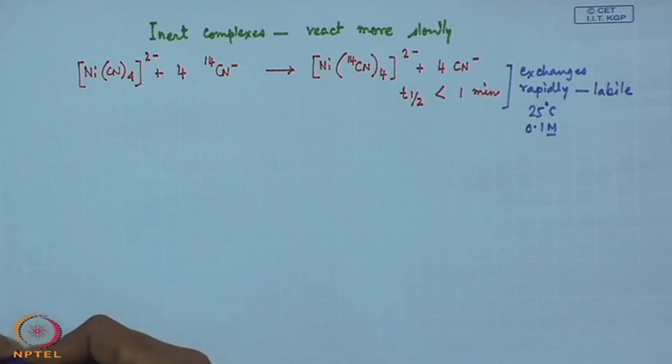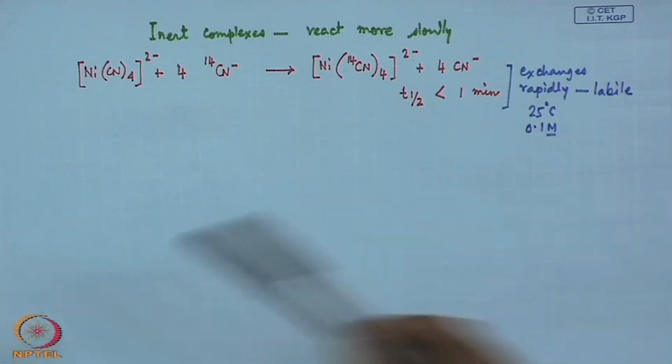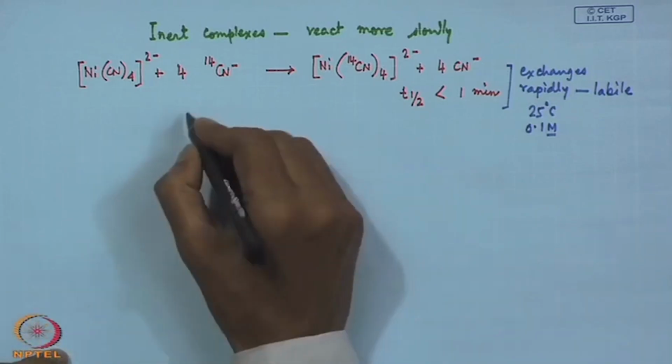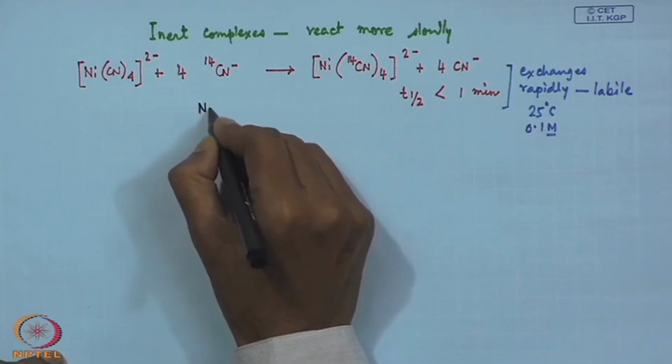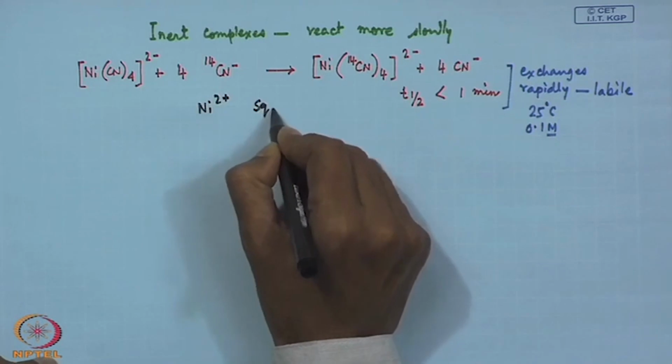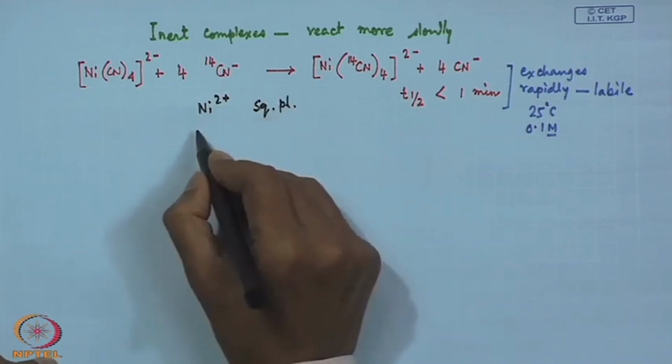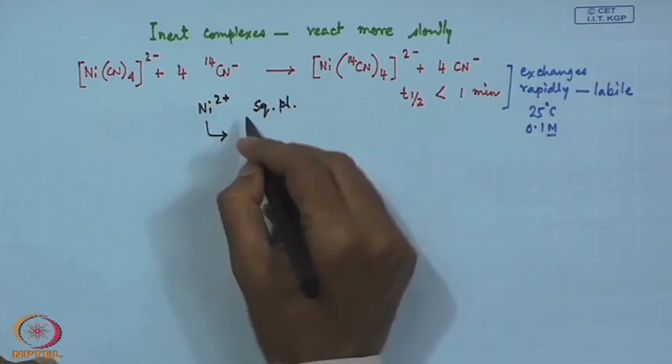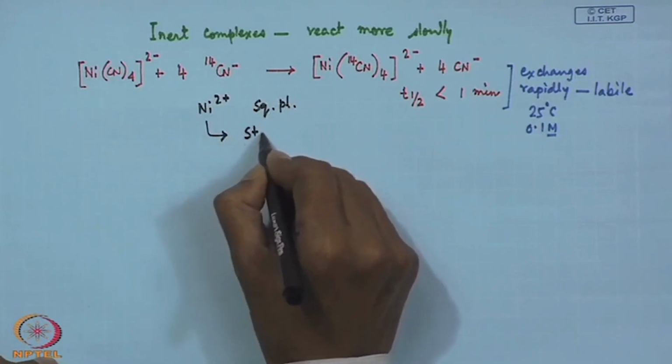So this particular one is where Ni2+ is giving us a square planar complex,